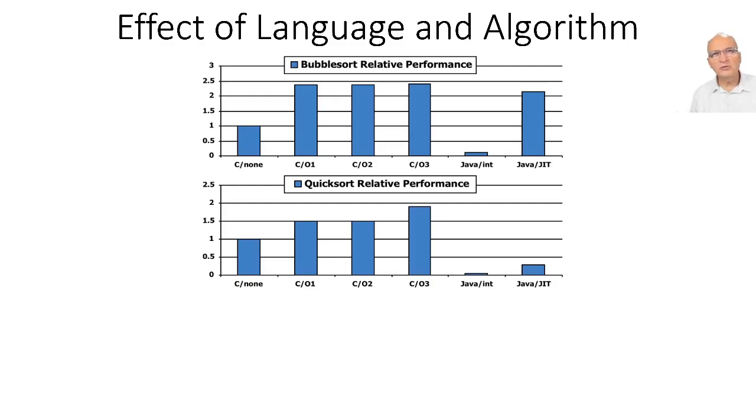And it will be interesting to do this test for Python too. And you can do this test yourself on your machine. You can get a quicksort implementation and you can compile with the different levels of optimization. And then you can get, for example, a Python implementation of quicksort and do a similar comparison.